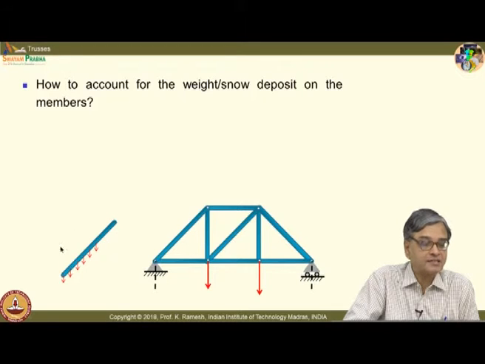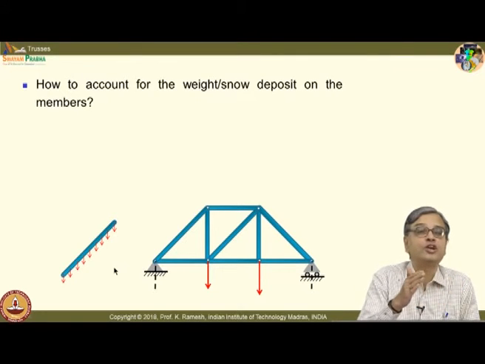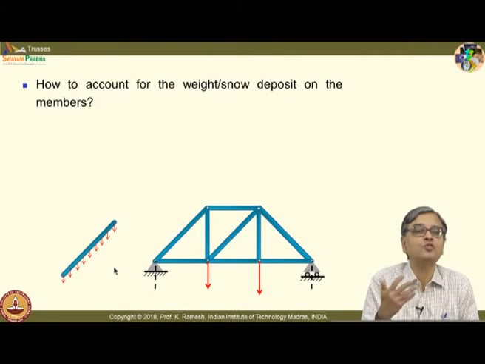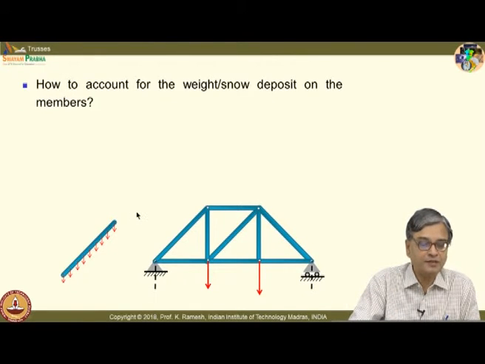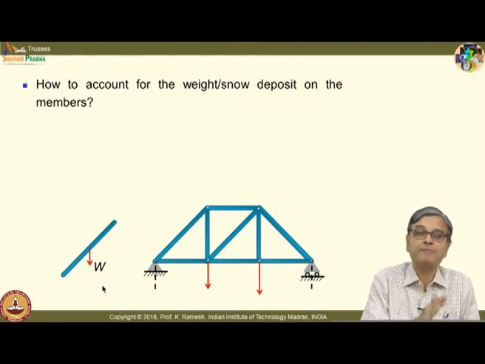Suppose I look at this, this is the weight. You could visualize the body force acting on each volume element of the body, or you could also consider a distributed force due to snow. Either of the two you can handle in a similar fashion. And what would we normally do? We replace the weight through the centroid and indicate it by the weight. This weight could accommodate only the member weight, or it could be member weight plus snow, or it could be just snow.